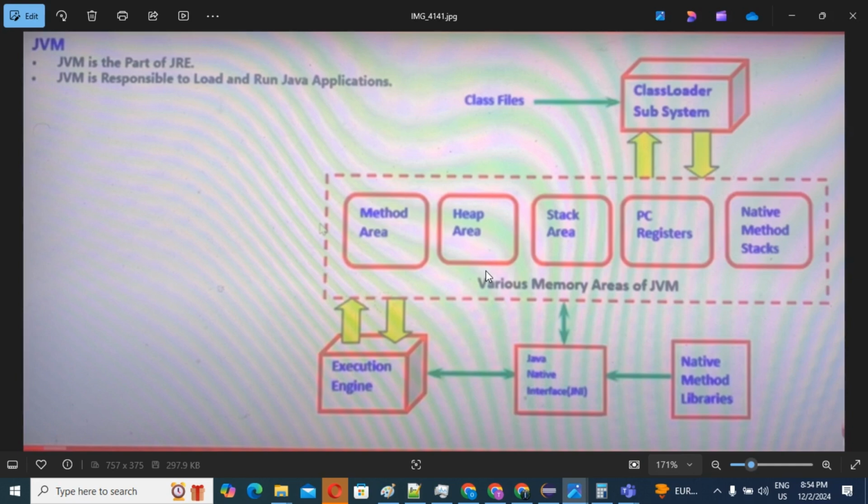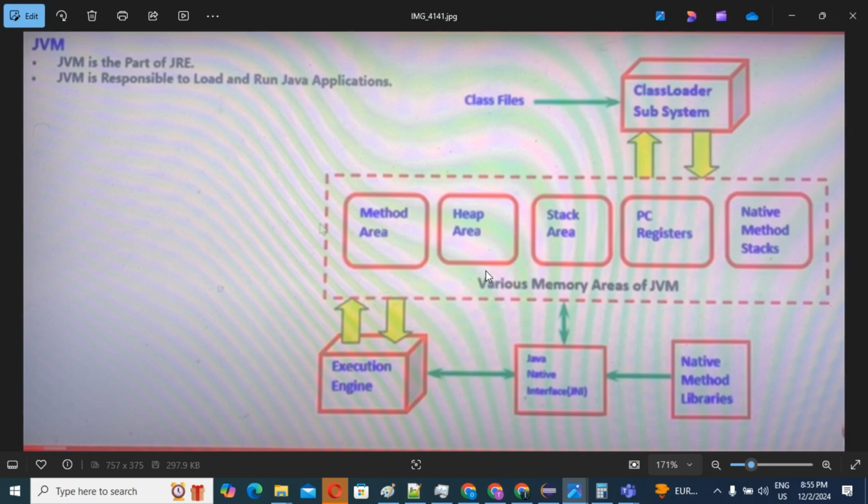That single line you need to know first. This is the basic definition of JVM: JVM is a part of JRE and JRE is a part of JDK.